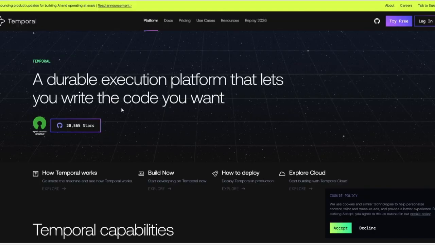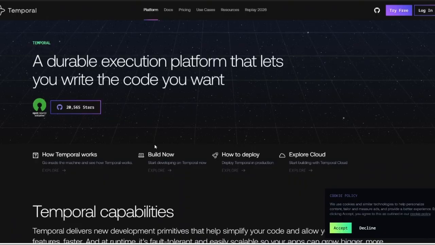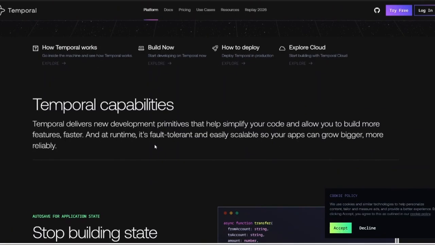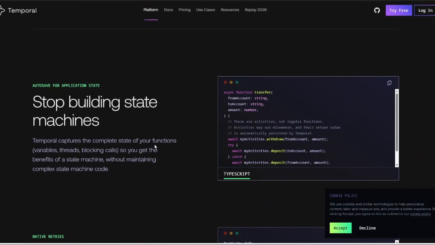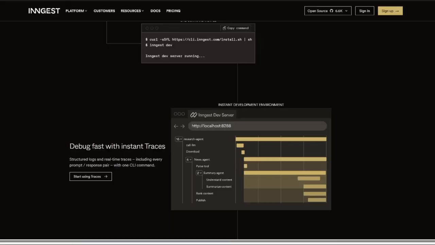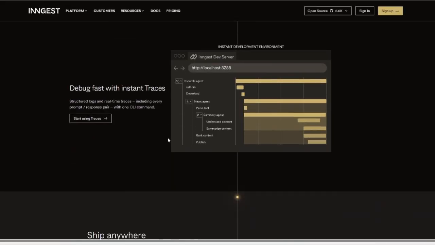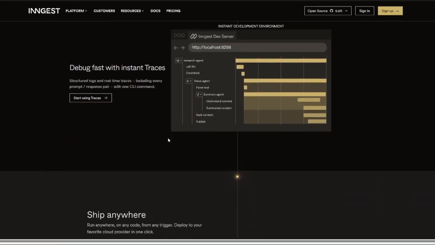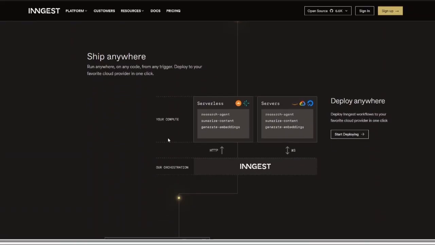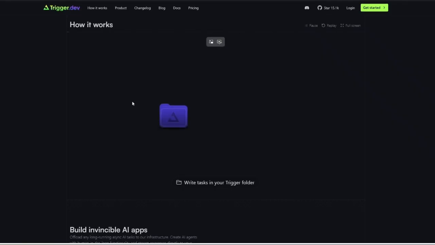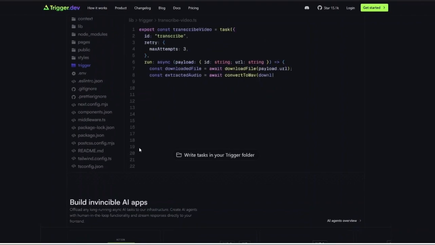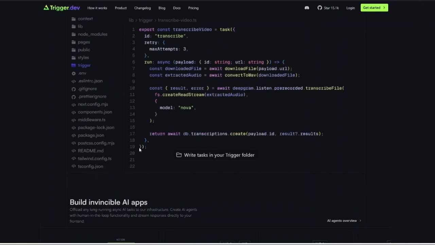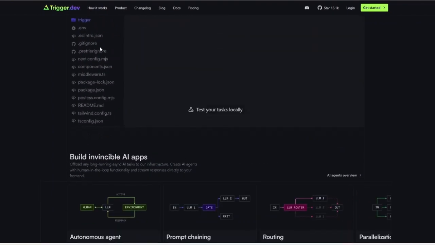We start with Temporal. In terms of workflow model, Temporal has strict workflows and activities. It has event sourcing with replay and is very structured. And in terms of workflow, Inngest has event-driven functions and it operates by step-based execution. It's serverless first. And Trigger.dev, in terms of workflow, has simple async tasks, no strict workflow abstraction, and fully TypeScript native.